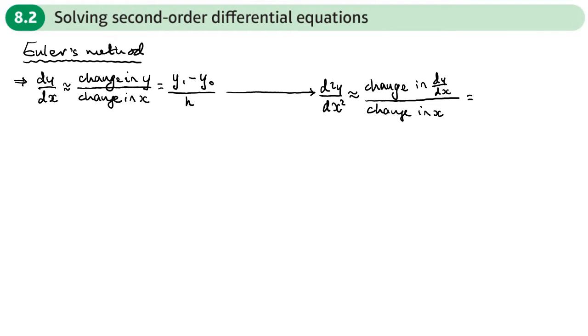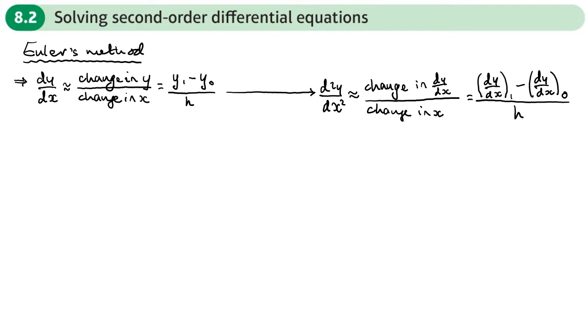So the change in dy/dx, we could write that as dy/dx at a certain value, let's call that 1, minus dy/dx at a different value, an initial condition, 0, divided by the change in x, and that's still